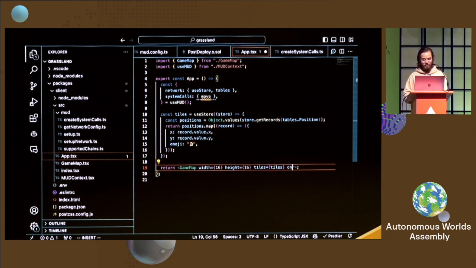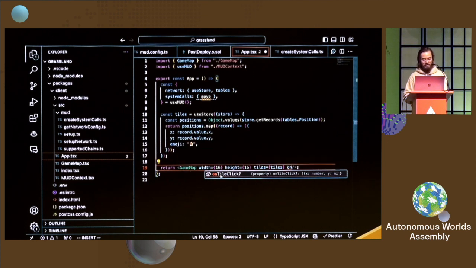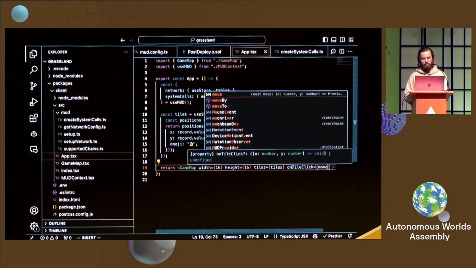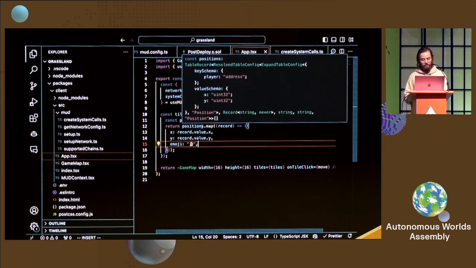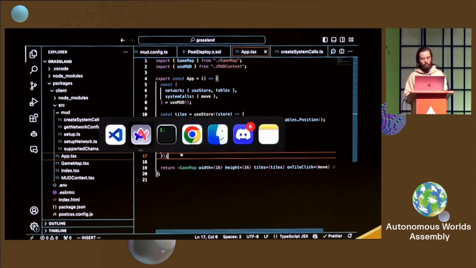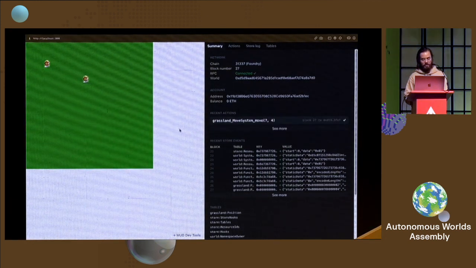So what I will do here, this is also, again, prepared here in this component. We have the ability to click on a tile, and then we get a callback with the position of the tile. And so what I just want to do here is literally it has the same interface. This one also gives you X and Y, the callback, and then I just want to call the move function. Okay, so that should be enough. The functionality on the contracts was already hooked up before, and so we should be able to now click somewhere here, and yes, have a transaction going through, and now we have a new player here,